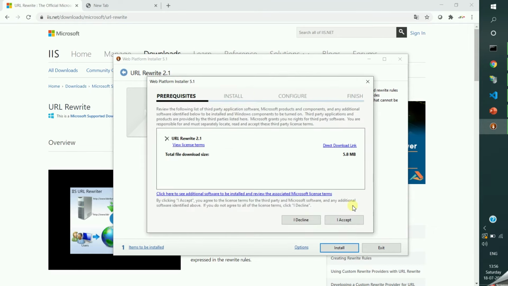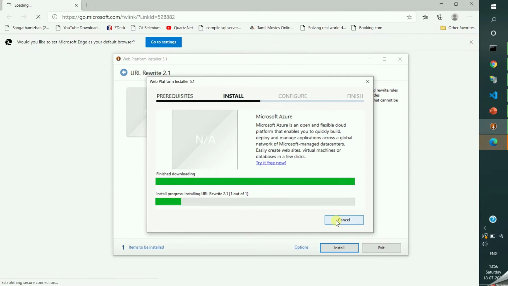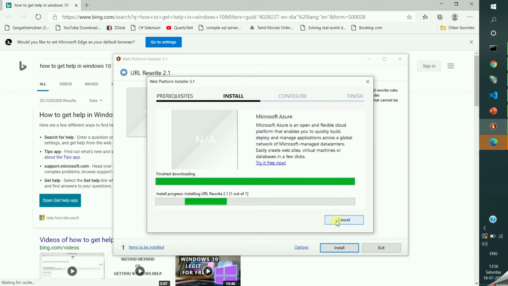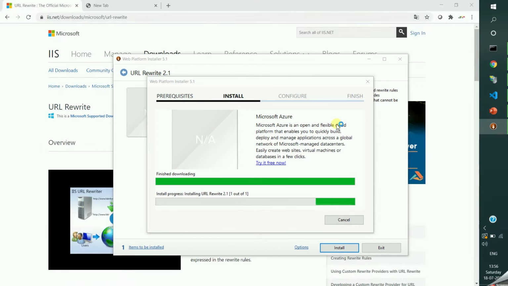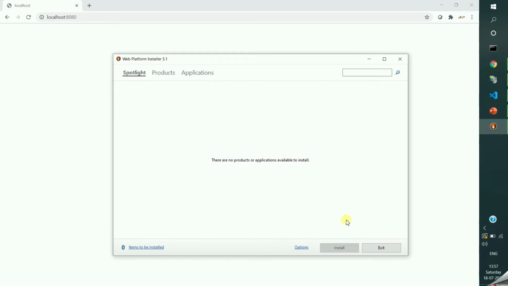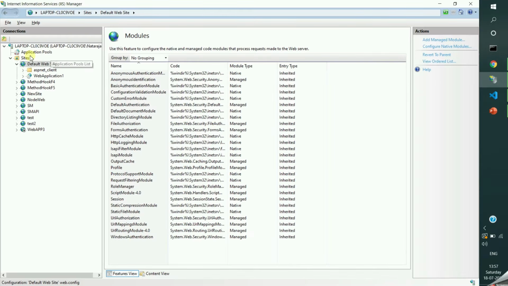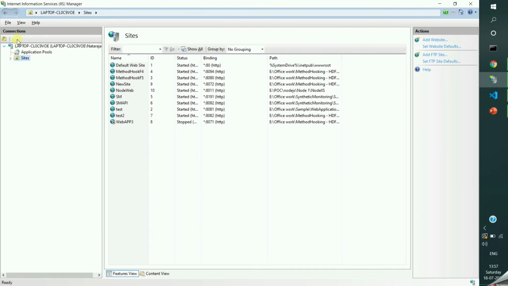Here you can see some instructions, like the purpose of those things. Actually, it is URL Rewrite 2.1 version that I have. Installation is getting completed. Okay, I'm giving exit.